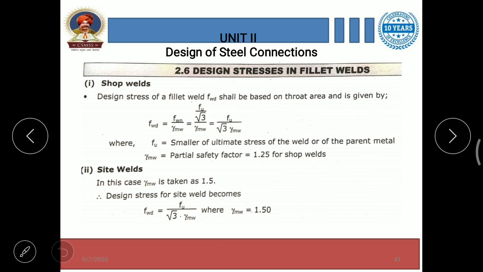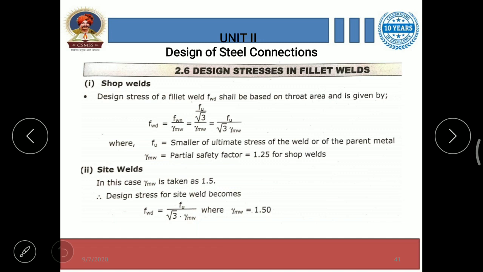Because we don't know the value of FWN, we convert FWN in the form of FU, and it becomes FU upon root 3. The formula of FWD becomes FU upon root 3 gamma MW, where value of FU and gamma MW